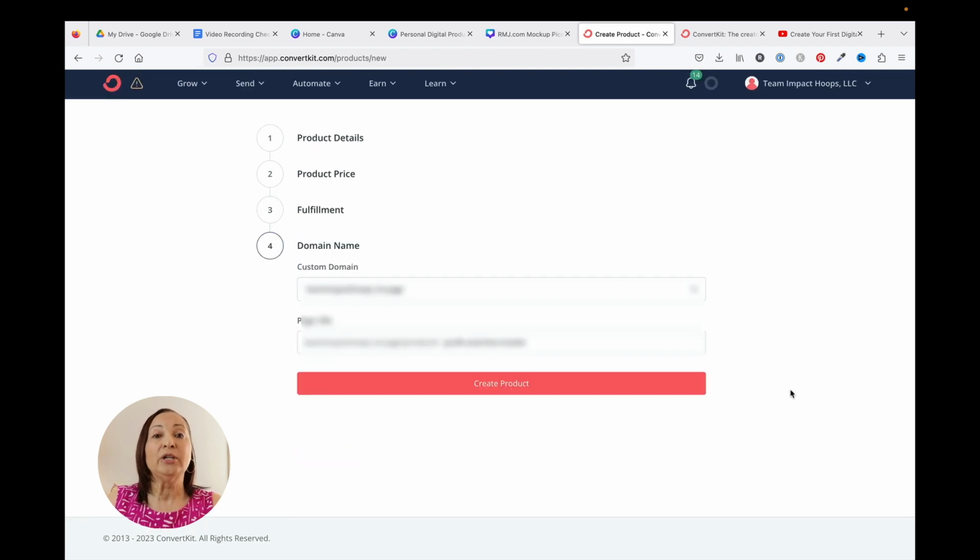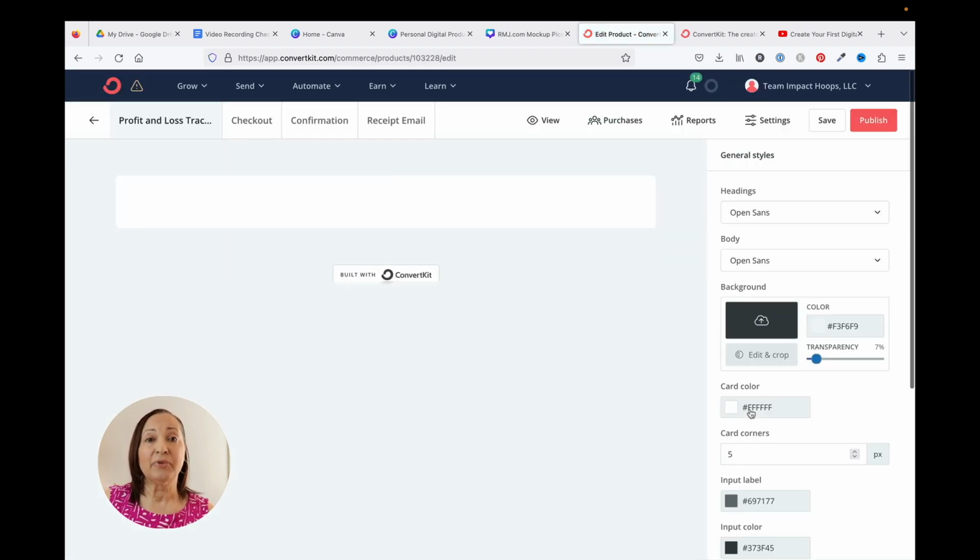The next thing it's going to do is give you the URL where this product would actually be available for sale. Once that's all filled in, and the system will do it quickly, just click on Create Product. It's going to take just a second, and you see it has actually filled in some of the details.